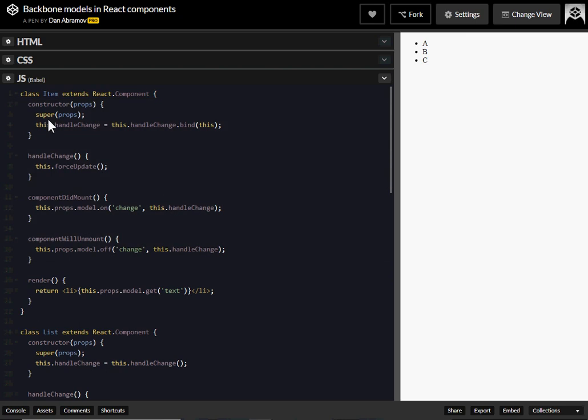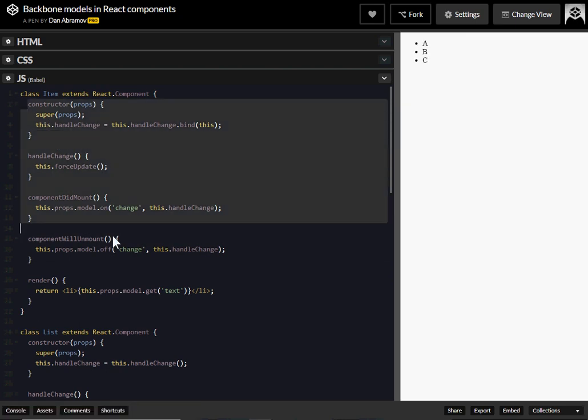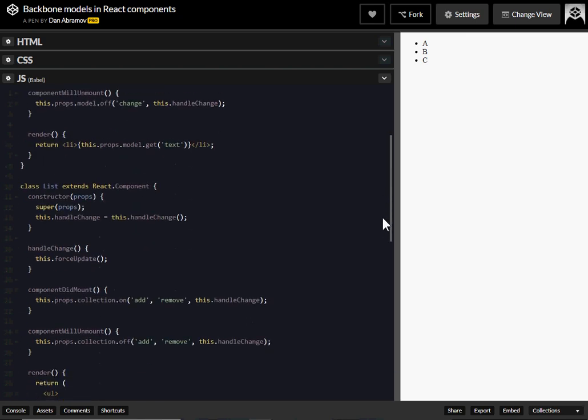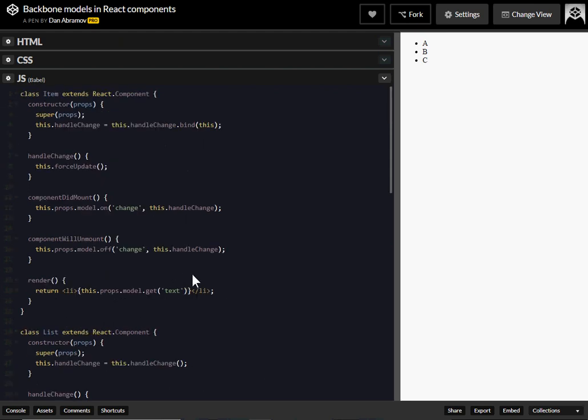All this, because what it is, I think this was sending a double change. Like, if he changed it here, it would do one change, then it would do another change in the model. In fact, he wouldn't. It wouldn't do a double change. What am I talking about? Because he's only listening to add and remove, and he's not listening to reset. So he wouldn't do a double change. However,